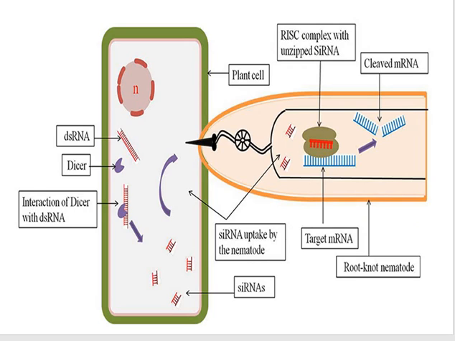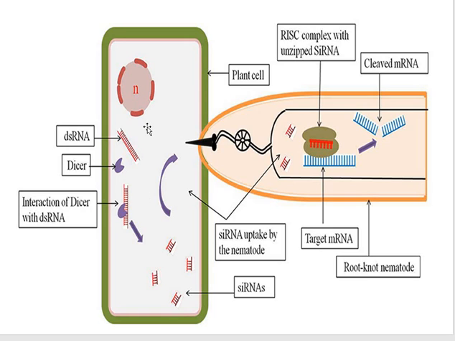So you can see in this slide, students, that the green rectangular figure represents a plant cell, and the orange figure represents the nematode. So you can see that a double-stranded RNA is introduced inside the plant cell. Now, as I told you, when the RNA interference mechanism is initiated, certain proteins are produced. These proteins are in the form of dicers. Now, these will cleave this foreign double-stranded RNA which is introduced inside the cell, either naturally or